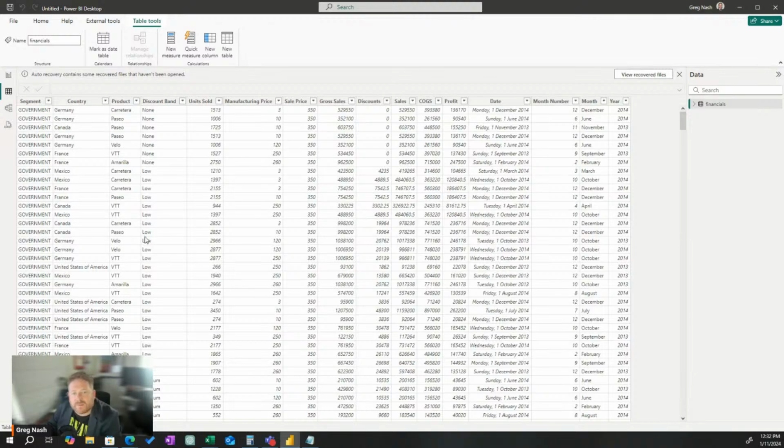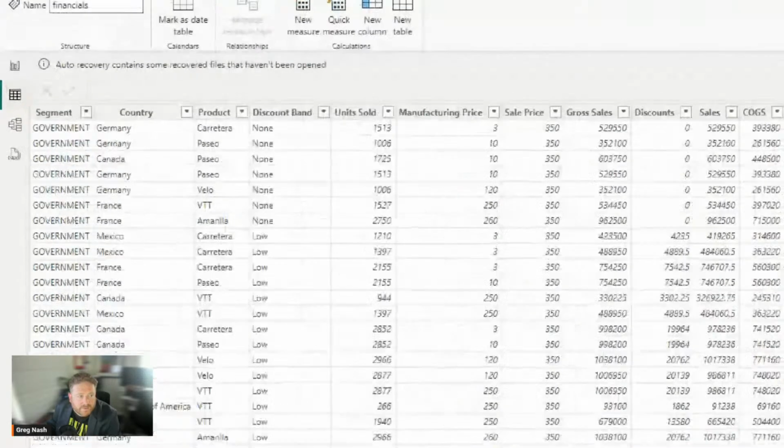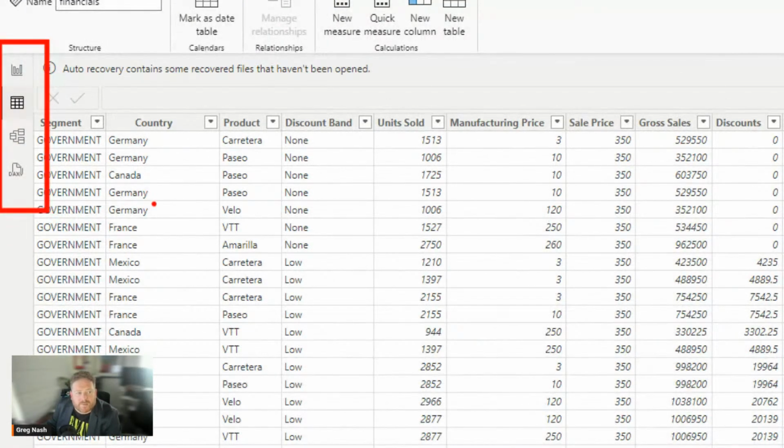See how this looks similar to the previous thing? That's because I'm on this view over here. Let's do some navigation of the UI here in Power BI. This is called the report view, I think. The report canvas. This is table view. This is model view or relationship view, one of the two. And this is DAX query view. And all of them are awesome in their own way.